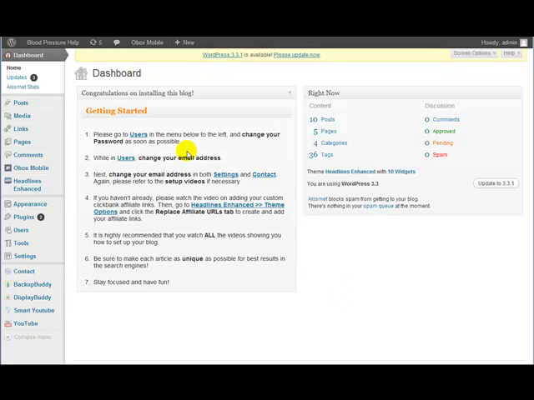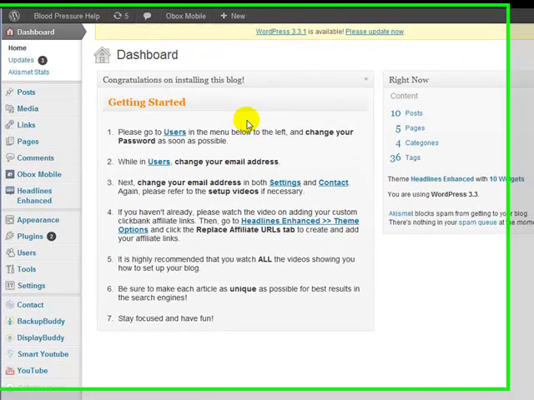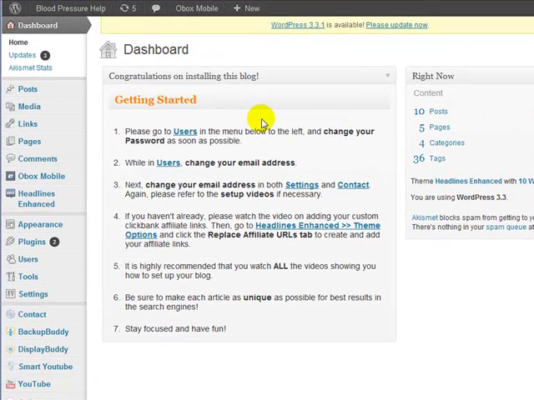Hey everyone, this video is to mention that I've updated the Headlines Enhanced theme, and hopefully this will be the last time I have to actually mention it to you guys in terms of sending it out. I do recommend you upgrade the theme, mainly because shortly after I released my WSO back in early December, right